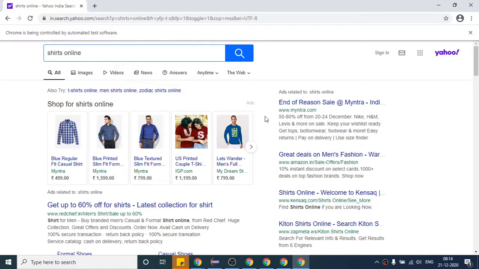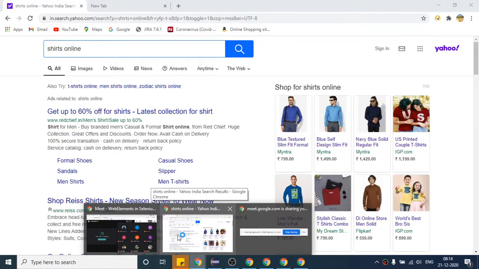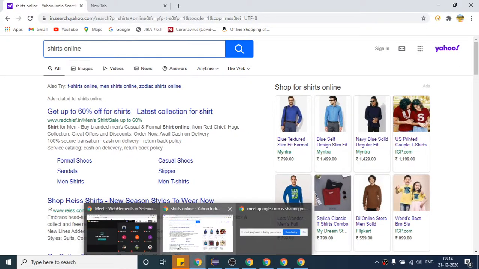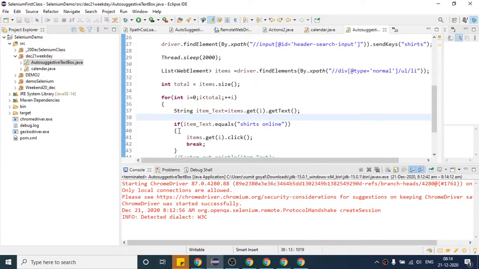As we have written the code in such a way that even if you pass some other value, it works. One more question here: if there is a wait for 2 seconds, can we put a wait for 5 seconds also? Yes, it will work, but it is not better to use this approach. We will discuss it in a separate section on implicit and explicit wait.